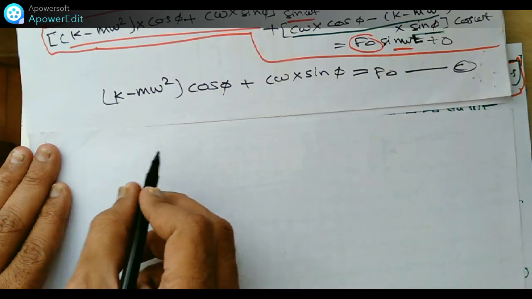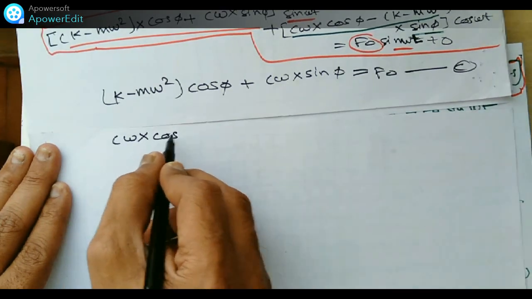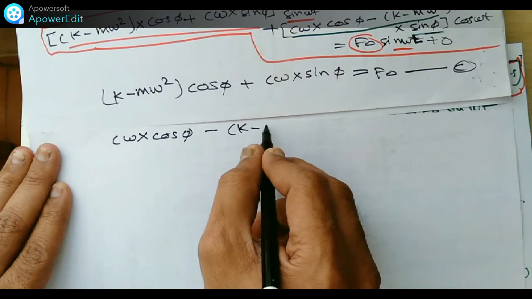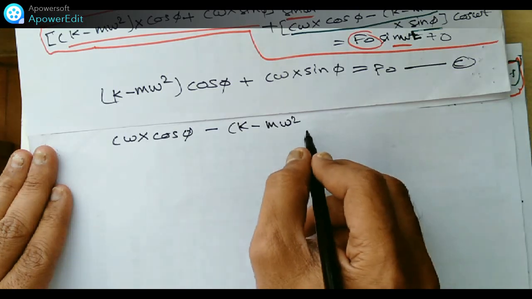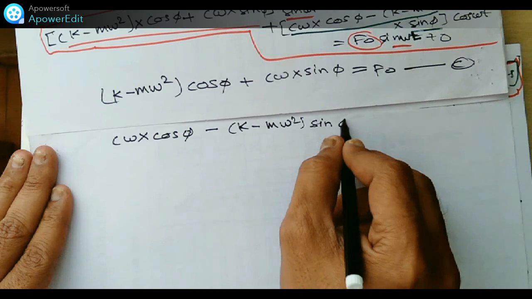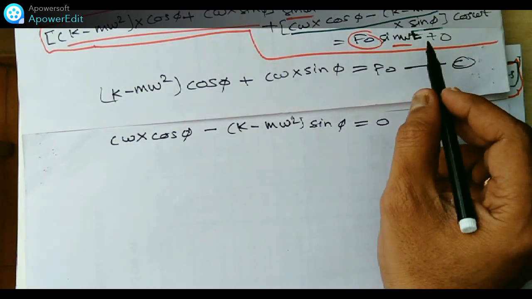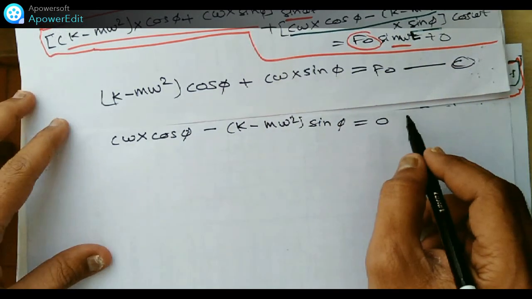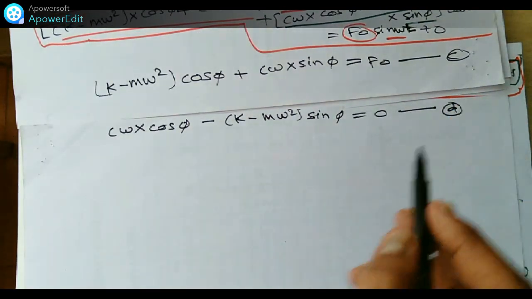I will write here c omega x cos of phi minus, inside the bracket, k minus m omega square, bracket close, sin of phi, which is equal to 0, because in the right hand side there is no term for the cos omega t, so this is equal to 0. This is equation number D. From equations C and D,